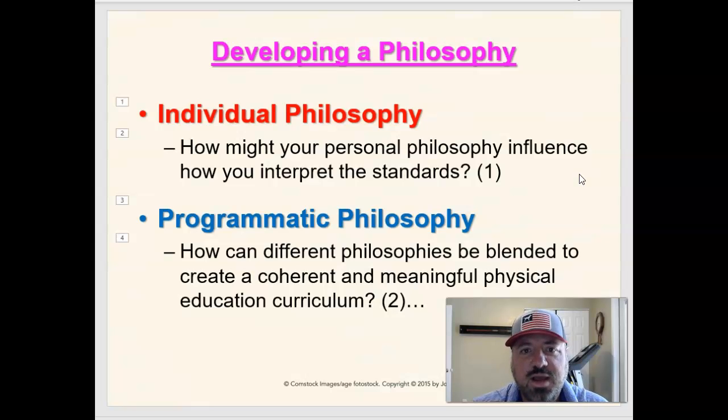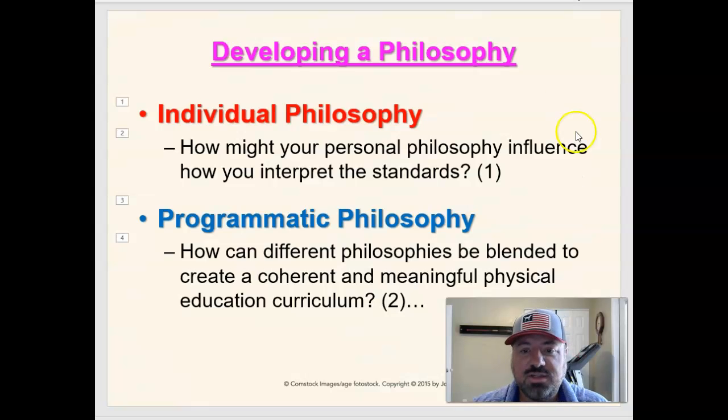When I first started teaching, I wanted to teach at the high school because I really like teaching the team sports aspects, as well as individual sports, recreation sports, lifetime sports, more of the stuff that's getting you ready to move on to life. But as I progressed, I saw the importance of breaking down the skills and understanding how to build the motor skills from the beginning on up. So I think my individual philosophy my first year in teaching was probably a little too centered around games and team sports. And then as I progressed and got more knowledge, my individual philosophy changed to incorporate everything that's important in the realm of physical activity and health.